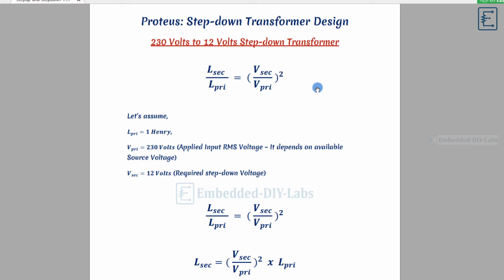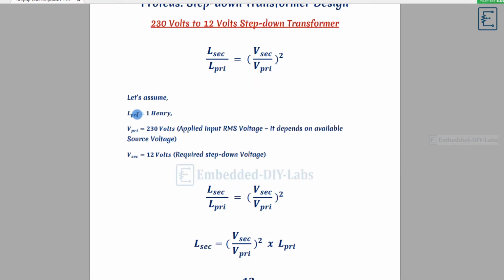Then we will see the step down transformer design in Proteus, that is the 230 volt to 12 volt step down transformer using the inductance ratio formula. Now assuming that primary inductance is equal to 1 Henry, then primary voltage is equal to 230 volt, which is the RMS input voltage.